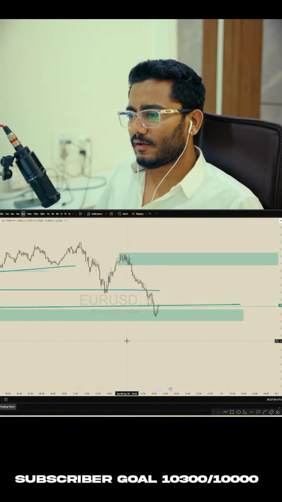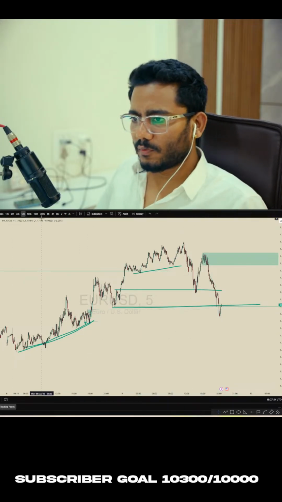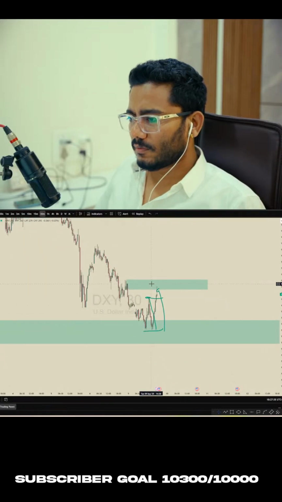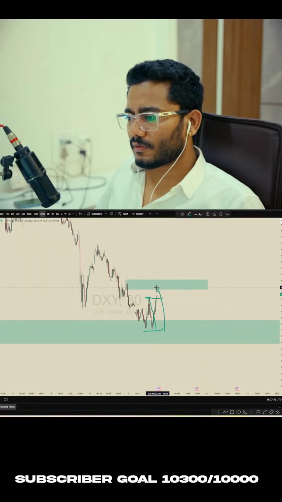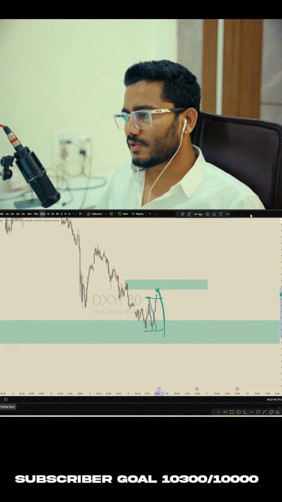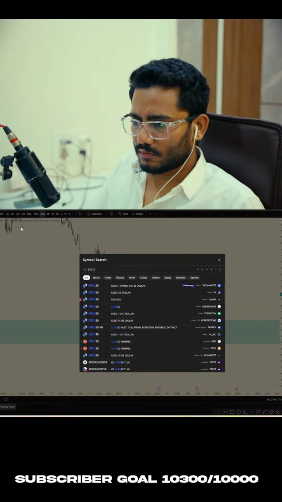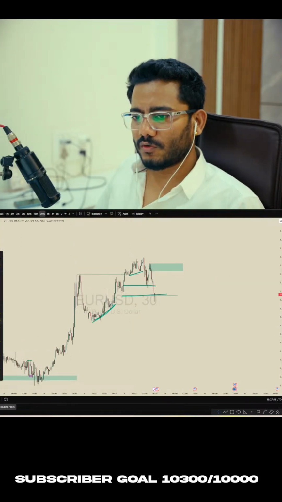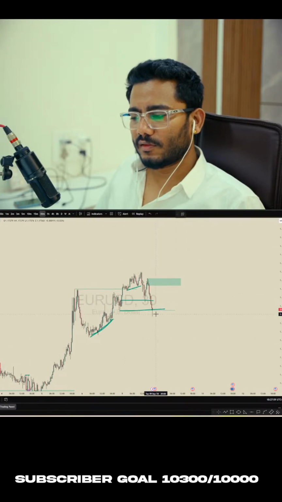You can look for buy side, but if you look at DXY, there is a problem over here. Price has tapped this order block, and if it continues to downside, then we'll see a reaction from this order block. So you can look for a chop, then look for buy from here. But if this fails, if your buy fails,